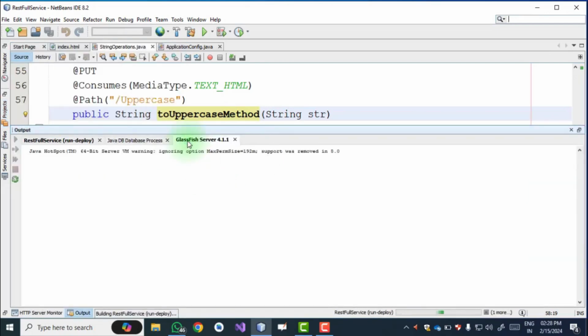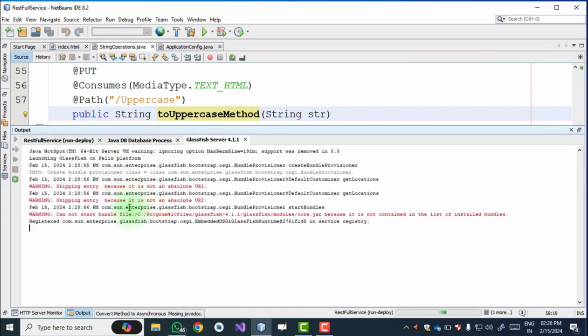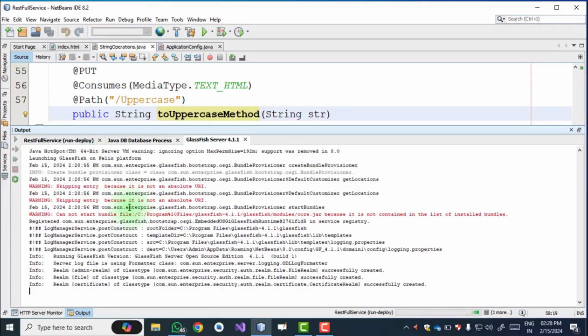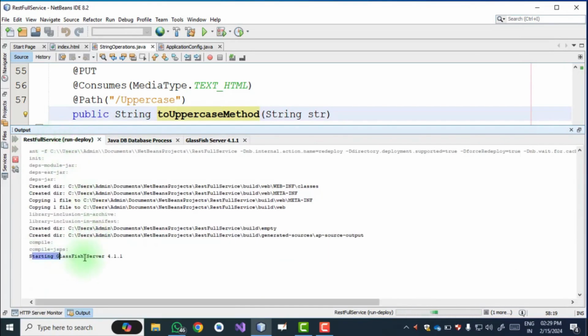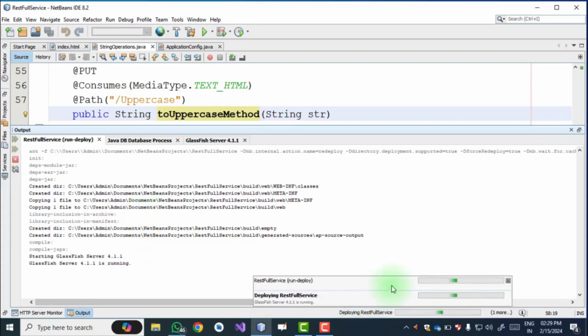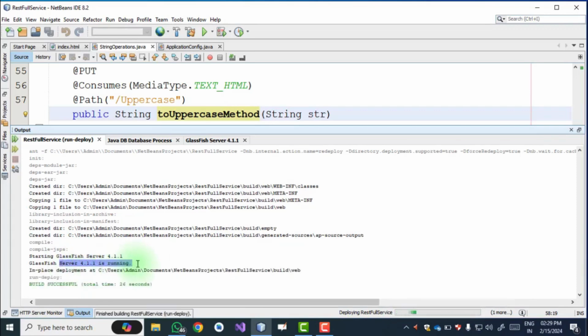It will start the Glassfish server. As we can see here, it is launching the Glassfish server, where we deploy our web service. So just wait for some time, starting the Glassfish server. Just wait, it will load the resources that are required. Now as we can see here, the server is running and the build is successful.